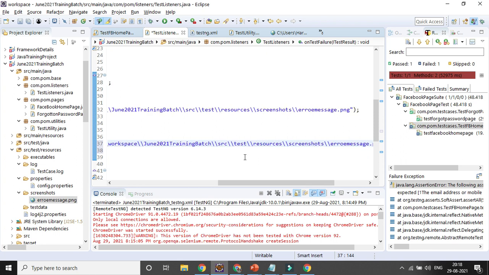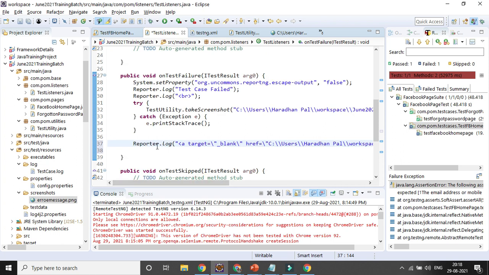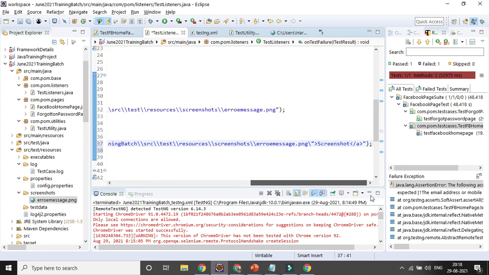Same name. Here you need to use Reporter.log, then it will give you that anchor link. This is the target; if you open it, it will open a new blank page instead of the same page. That is the part I am trying, and that name will be screenshot.